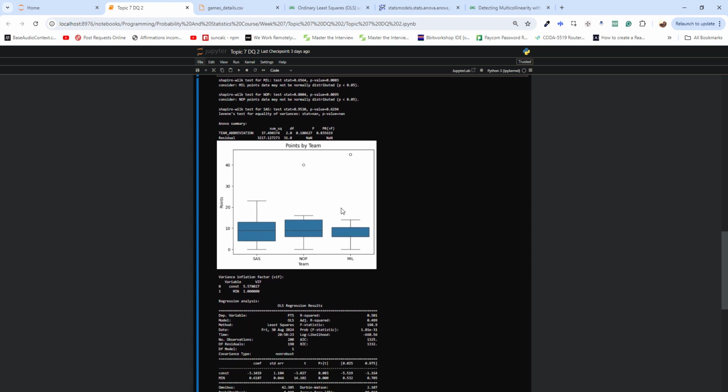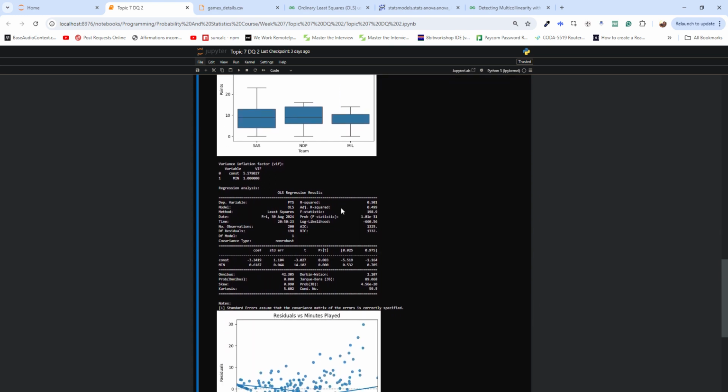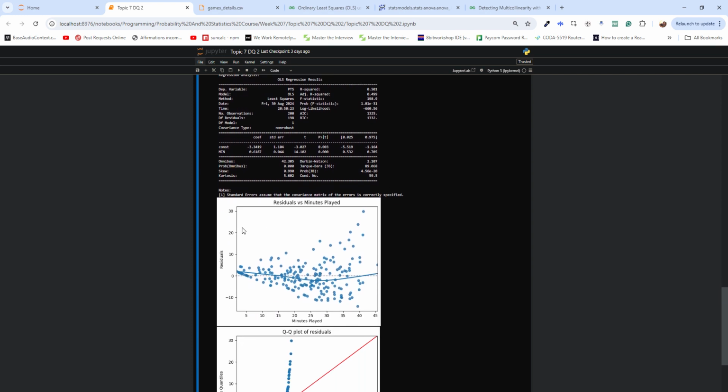Here in our regression analysis, we have a model that's fitted to examine the relationship between the minutes and the points scored, and we have a positive coefficient of 0.617, and this means that on average, as the minutes played increases, our points scored also tend to increase. And then we have our residual plot versus the minutes played, and so